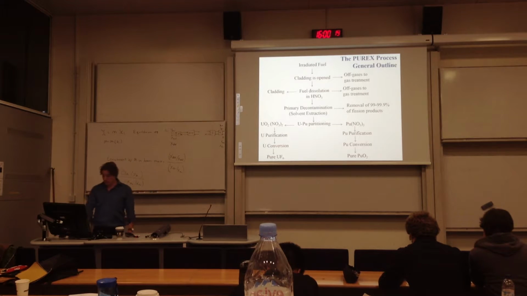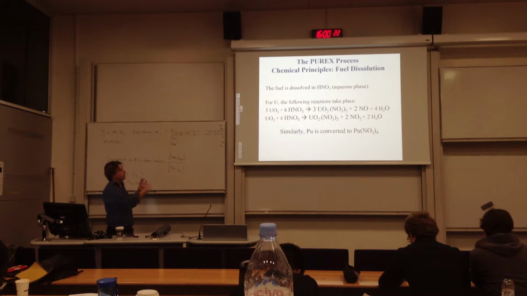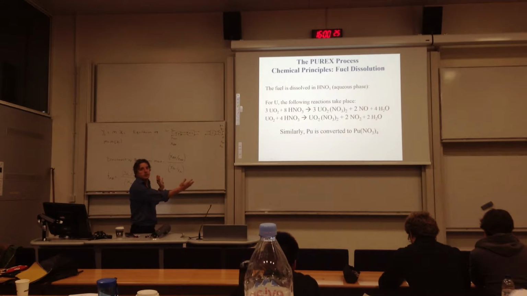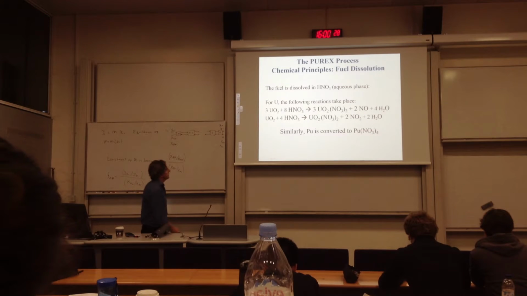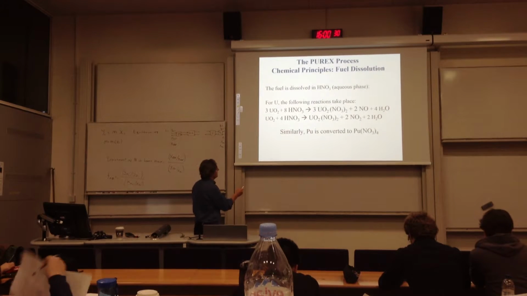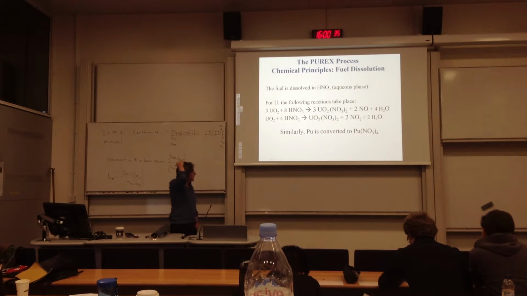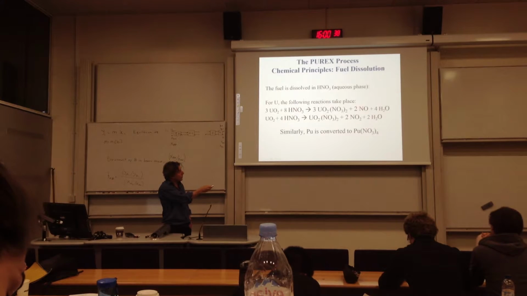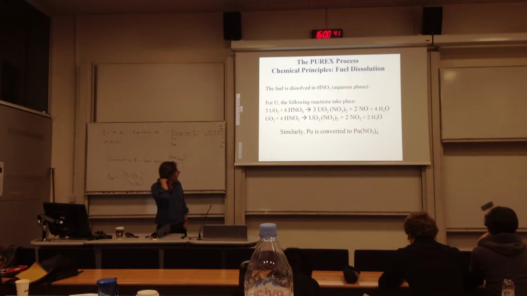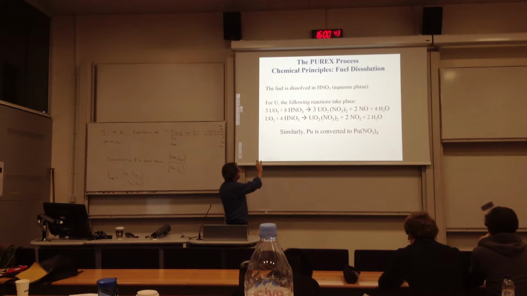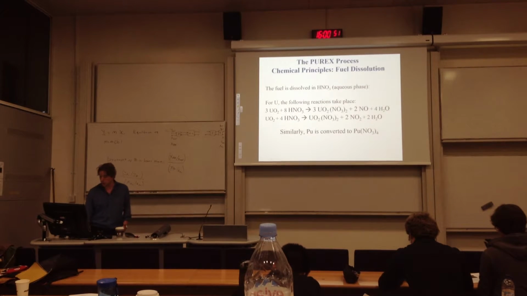Right, so let's look in more detail at what happens in each of these stages. Let's start with the dissolution. I don't mean that you need to know these reactions, but just for general information, what happens is that the uranium is going to form some nitrates, and some gases are going to be formed as well in the process. So this is the solution. So this is a soluble salt. So this is in water. So now we have the component in water ready for